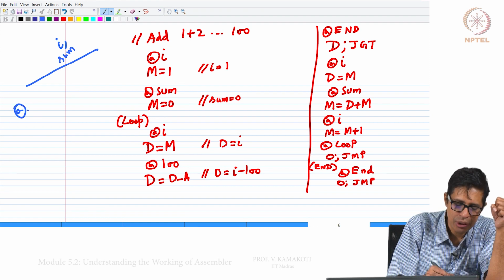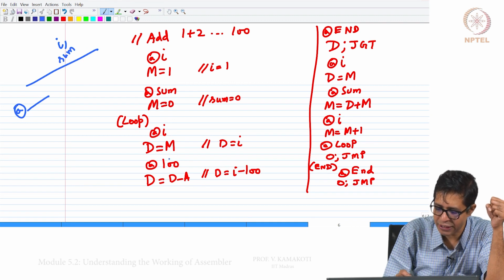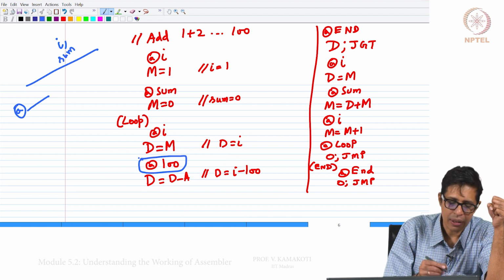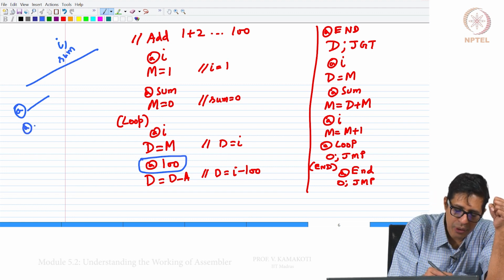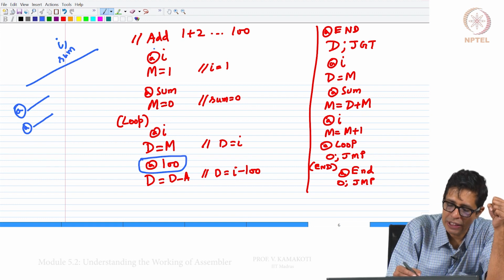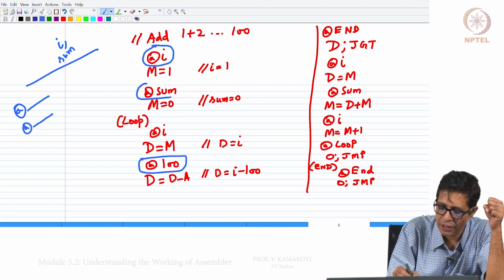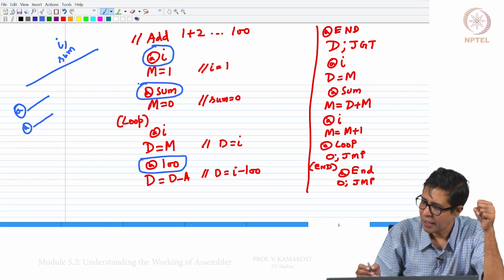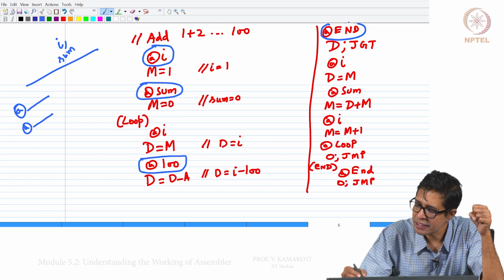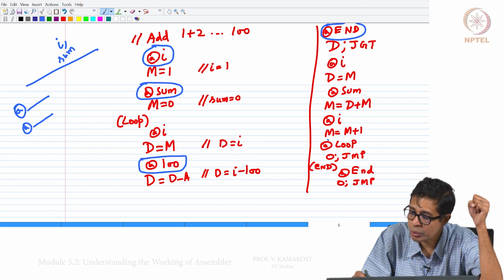After at, you can have a constant. For example, I have at 100 as you see here, or after at I could have a variable, as you see at I here, at sum here, at end here, at loop here.